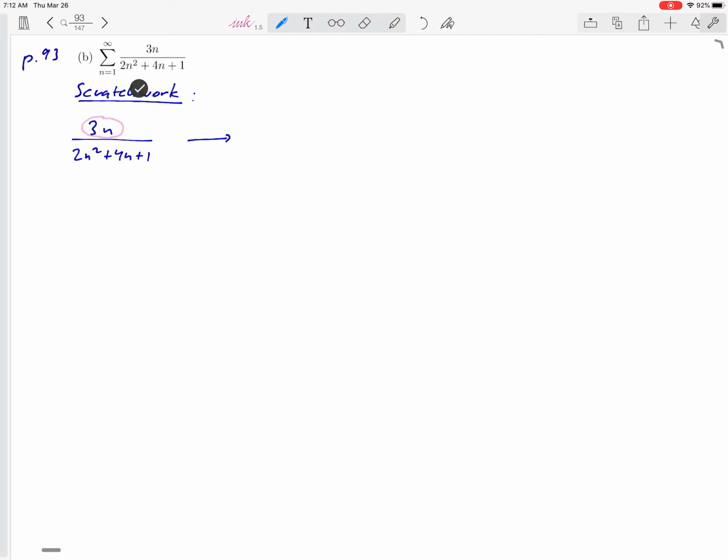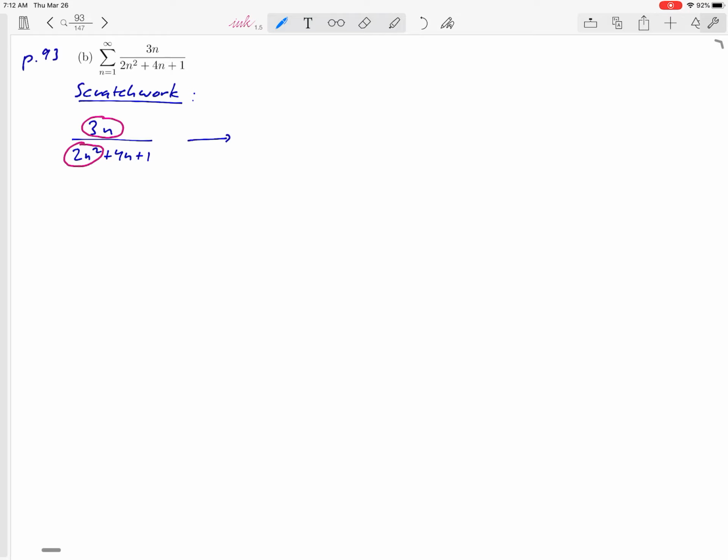So if you look at the numerator and the denominator, there's just one term in the numerator, 3n, so we'll take that. And in the denominator, which term is dominant? Which is the most important? We've got three of them. Well, the 2n squared, that's the one that's going to grow the fastest, and so that's the one that really matters. So what we're going to do is just take the two terms that we circled,